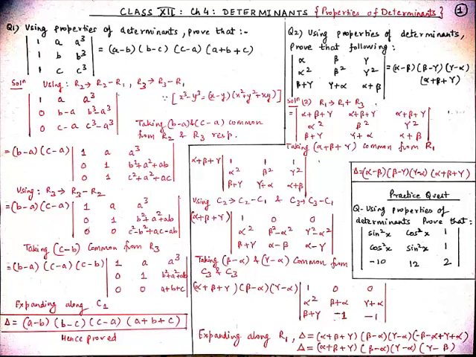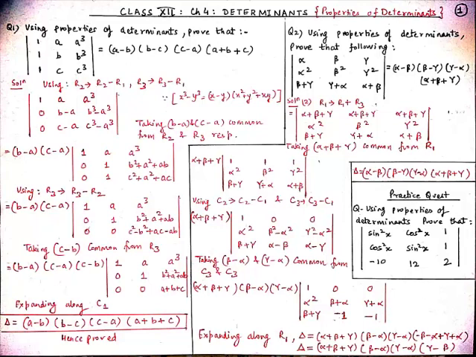So till now we have obtained (b − a)(c − a), and now again we will apply the operation R3 → R3 − R2. So elements of R1 and R2 remain unaffected, so write them as it is. Therefore row 1 will be 1, a³, row 2 will be 0, 1, b² + a² + ab, and now as per the operation, 0 − 0 is 0, and then 1 − 1 equals 0, and then c² + a² + ac − b² − a² − ab. So from here, plus a² and minus a² will get cancelled out, and we get c² − b² + ac − ab.